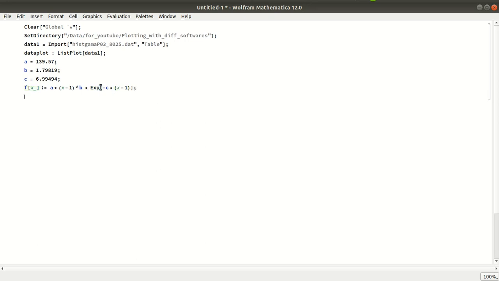So this is your function, and now you plot the function and save it in funcplot. Funcplot is just a variable of your choice. Again, Plot, then f of x, and let's put the range of x from 1 to 4, and also the PlotRange.